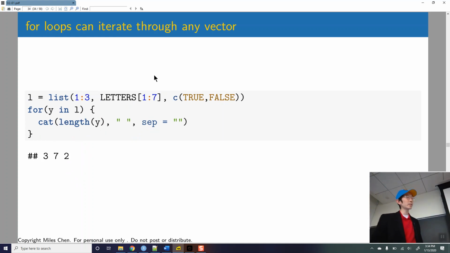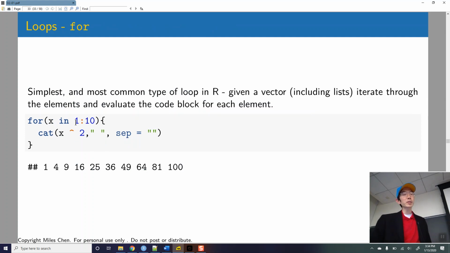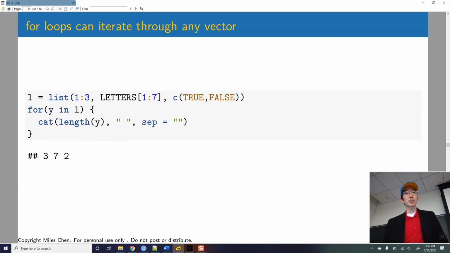Here, the for loop can go over any vector. This is probably our most common use, where we expect the for loop to go through some vector of integers, but it's not required that it go through a vector of integers, okay? So here I've got a list. A list is technically a vector, right? So I've got a list with 3 elements: the integer vector 1, 2, 3, a character vector of A through the 7th letter, and then a logical vector of true, false. And then I'm going to say for y in the list,